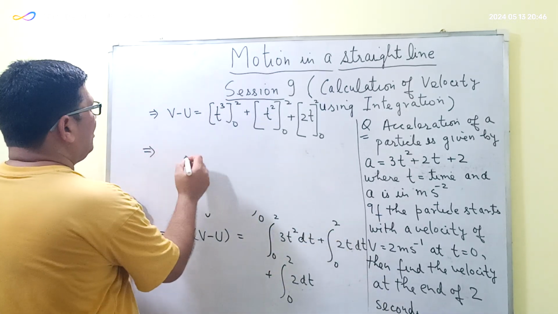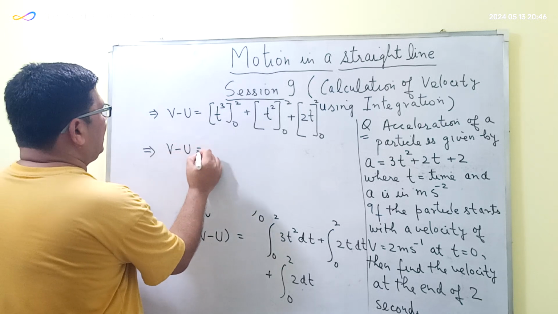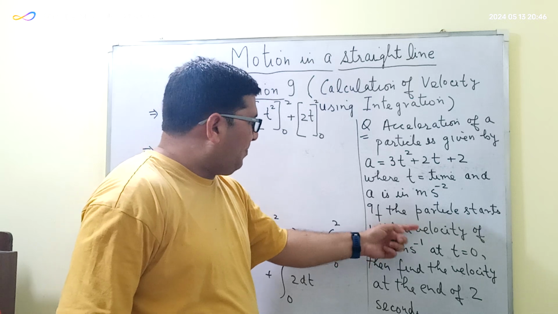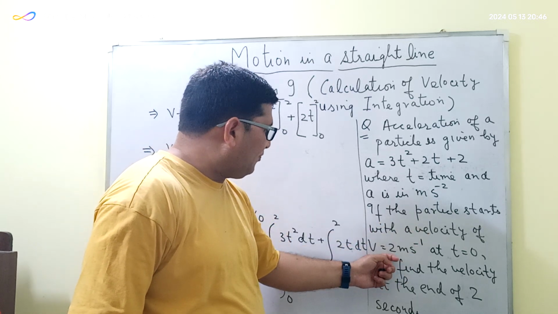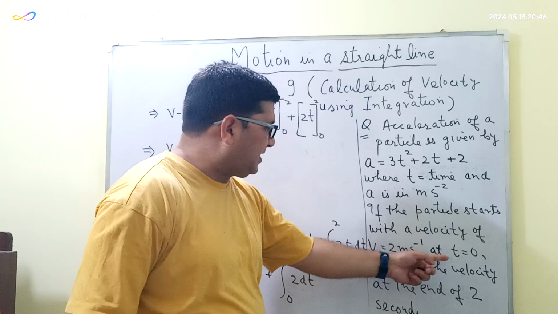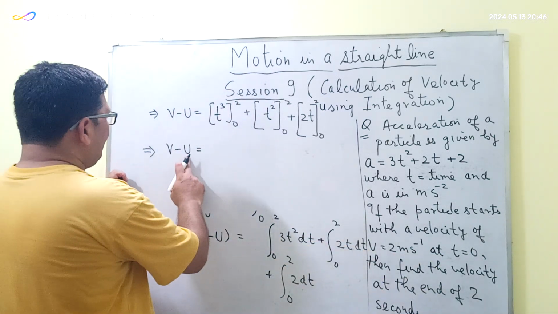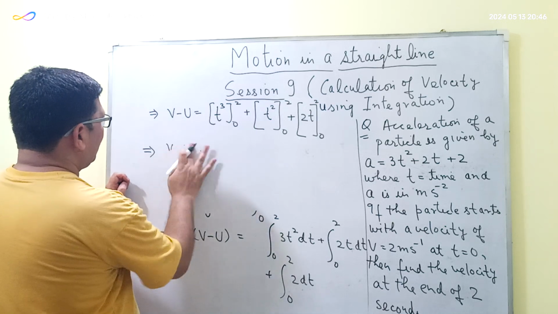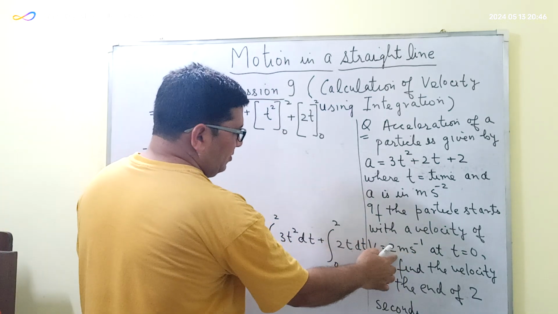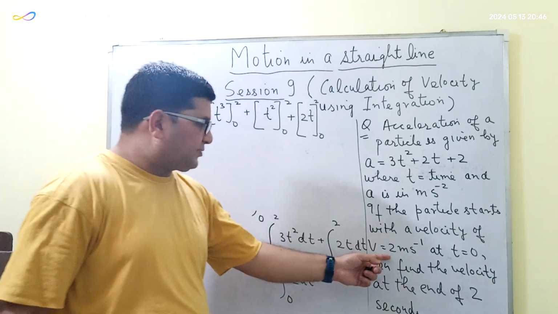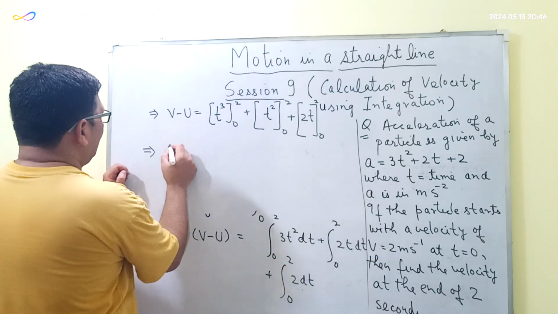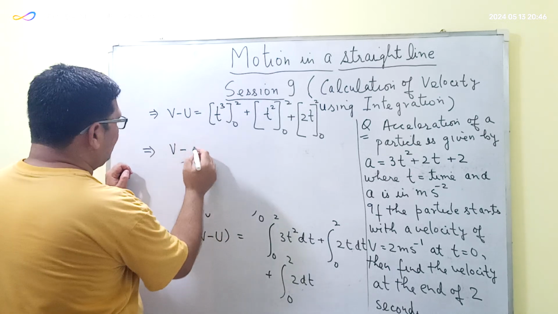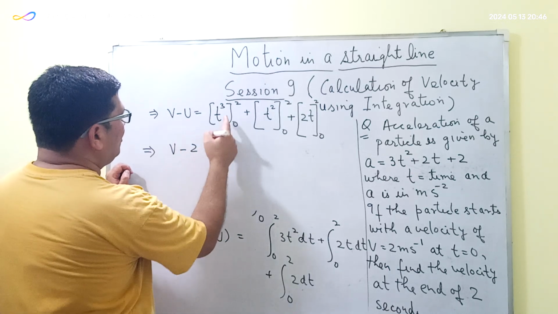So from here I am getting v minus u is equal to, so see, the particle starts with a velocity of v equal to 2 meter per second at t equal to 0. So here the value of u will be equal to 2, because at t equal to 0 the velocity is 2 meter per second. So here the value of u will be equal to 2 meter per second, and this is equal to